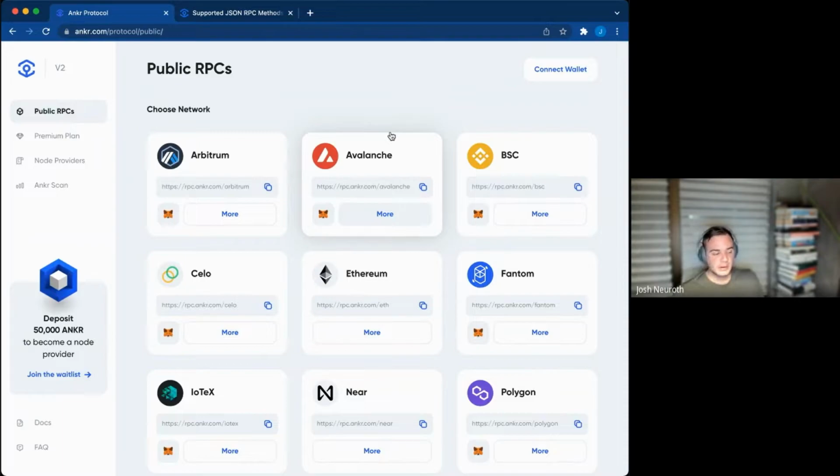Light nodes are in many cases integrated into this, and you could use those. Like I said earlier, we support full nodes, light nodes, and archive nodes, which are all in the clusters. So the architecture takes care of that.